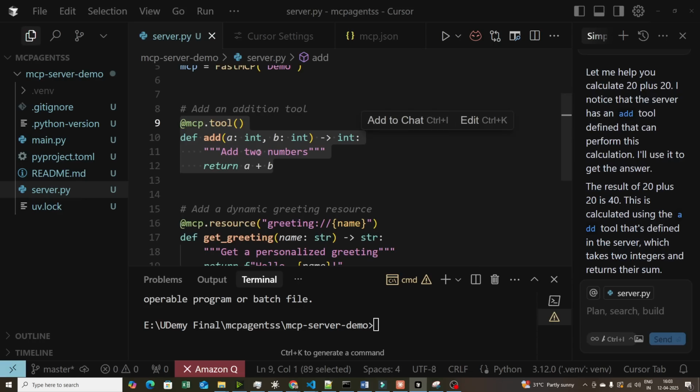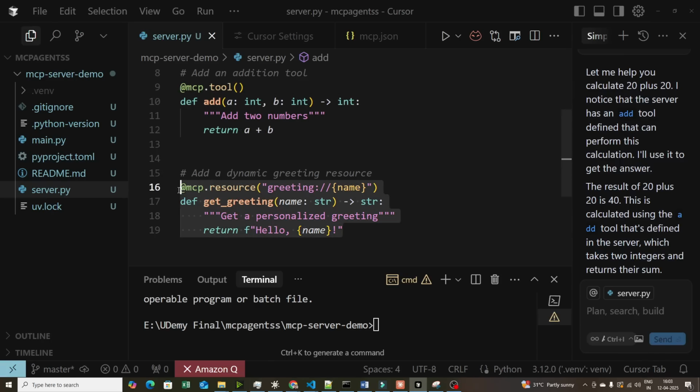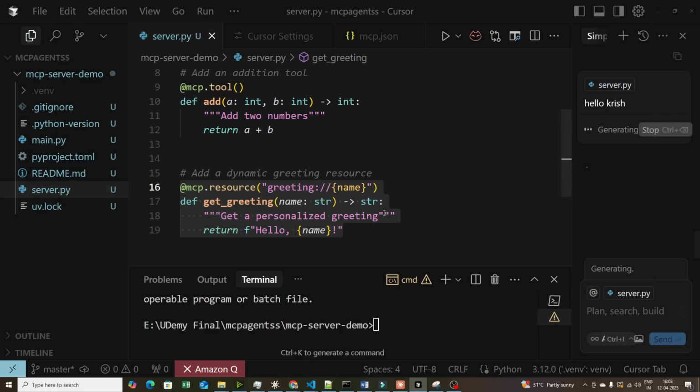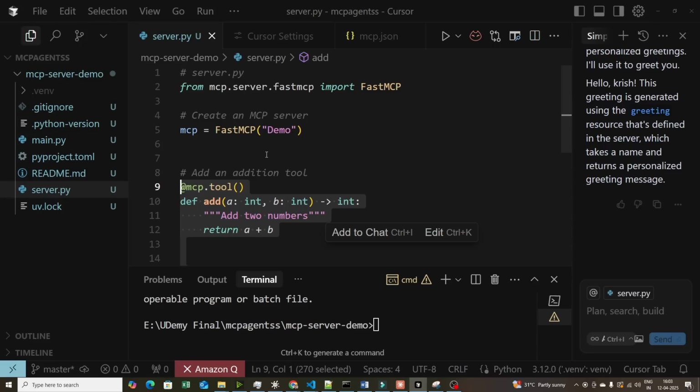And this is just called at the client end. This is basically running in the server, and from the client end, I can basically call it. And here is what I'm communicating with it. Similarly, if I go ahead and say, hey, hello, it should be able to understand and it will call this specific function. So here it is. In the server, we have defined all these specific tools. Now these tools can be coming from third party, it can be coming from anywhere else. So we are specifically using only one single protocol, which is the MCP protocol. And this is with Python SDK.